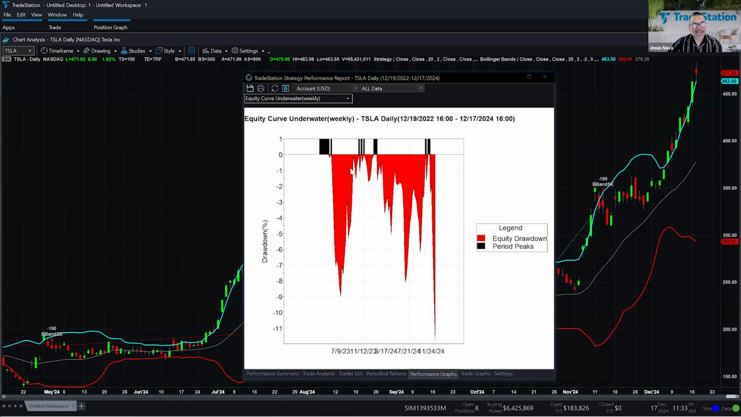So that's the type of graph that you have to look at and see if that's something that you would have tolerated going through each one of these trades. Okay, Armando is asking, can you build a strategy from scratch without any knowledge of EasyLanguage? Okay, Armando, if you don't have any knowledge of EasyLanguage, it's going to be tough to customize and